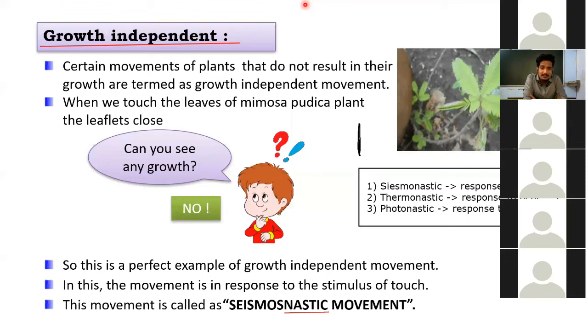Manish has a doubt. He is saying, what is the use of nastic movement? So it has many different uses. For example, if you talk about the lotus plant, for photosynthesis to take place, there should be larger surface area, and that is why as soon as sunrise takes place, it opens so that the surface area gets larger and more amount of sunlight can be absorbed. And during the night time, it closes so that there might not be loss of lots of transpiration or lots of water.